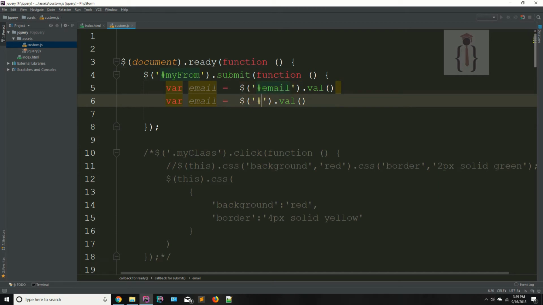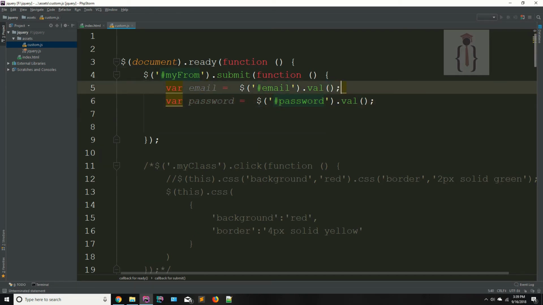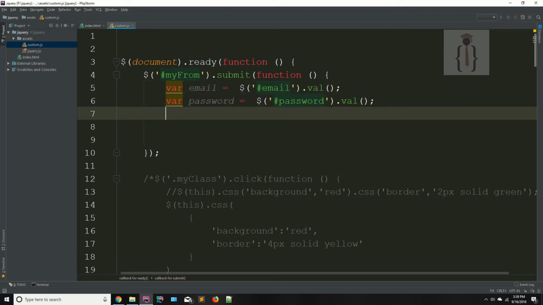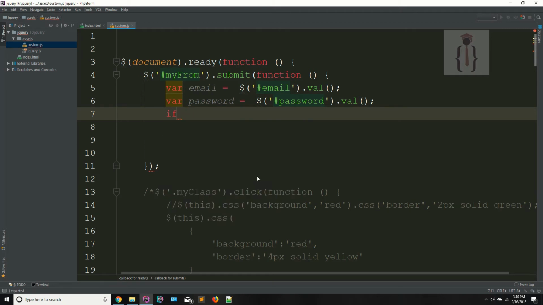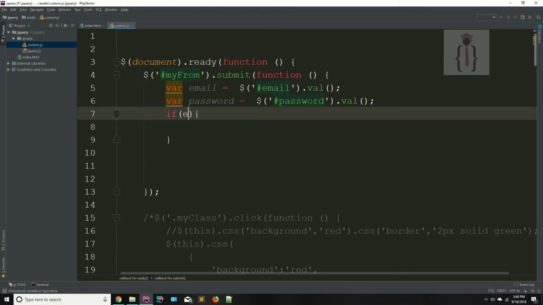I'm saying this is the password, and I'm saying this is the password. And now I'm using the if statements. So that's why we told you that you have the basic knowledge of JavaScript, because we are using the JavaScript here. Okay, so this is the if statement, and I'm saying if the email variable is empty, or if the email is empty, and